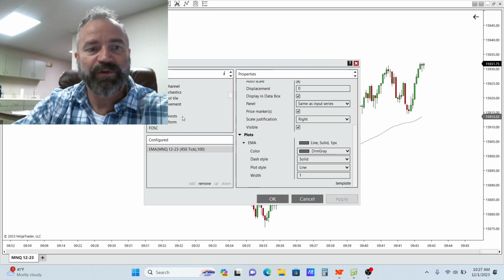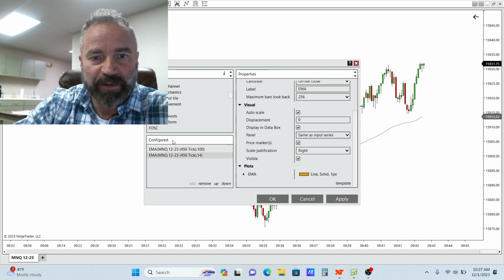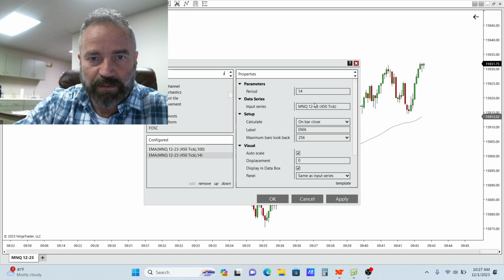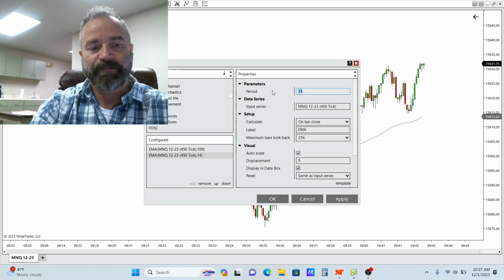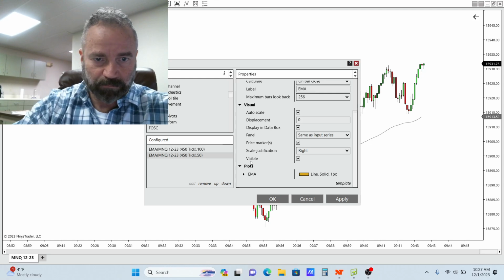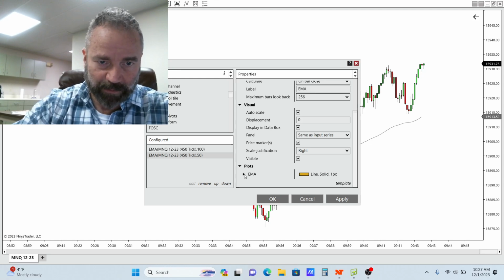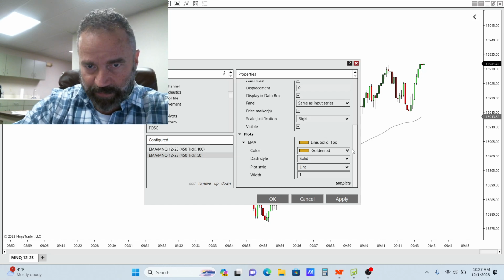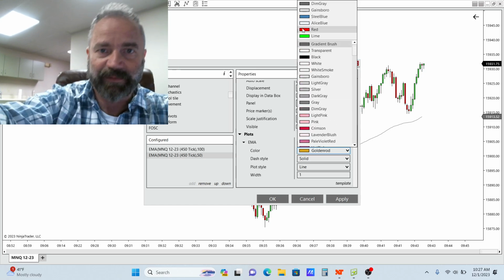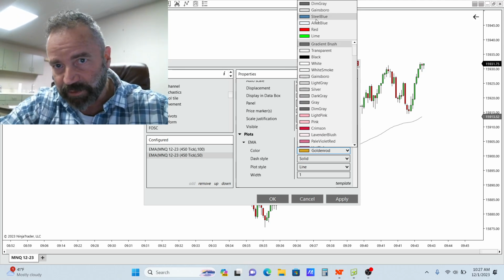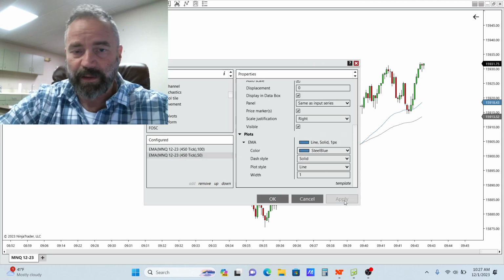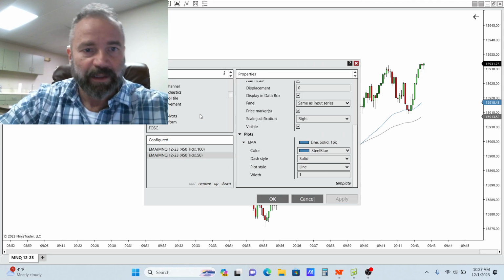Then we will go to another one. I use the 50 EMA. 50. I don't like the color of that. Let's go with a, what color do I want? I can't see with this camera right in the way. There's my steel blue. Apply. And another one